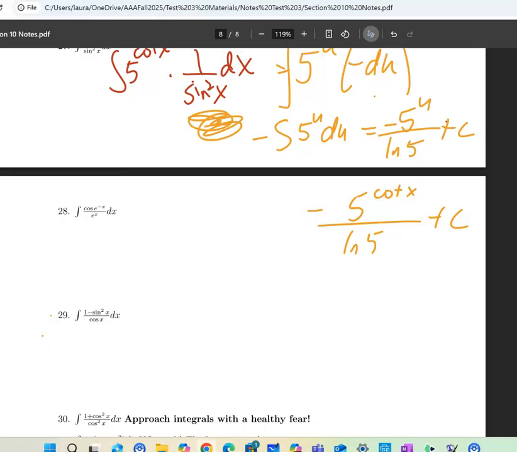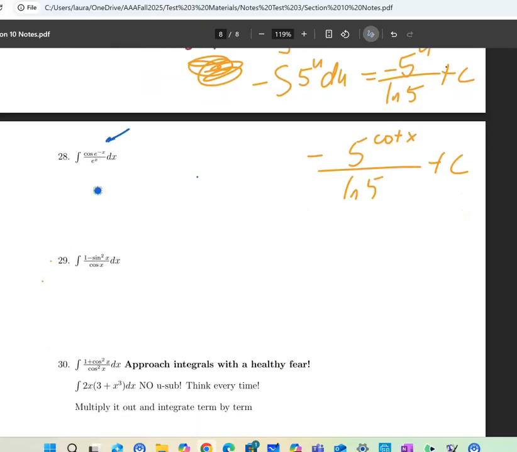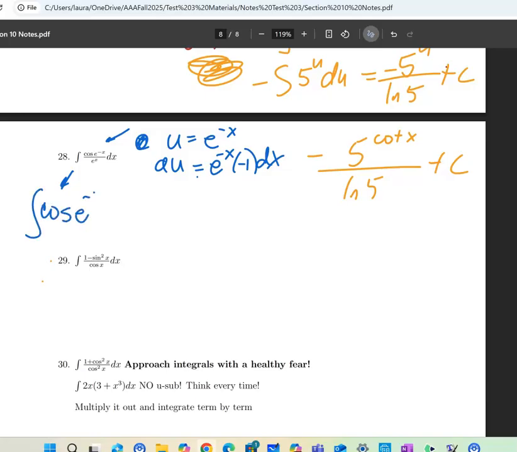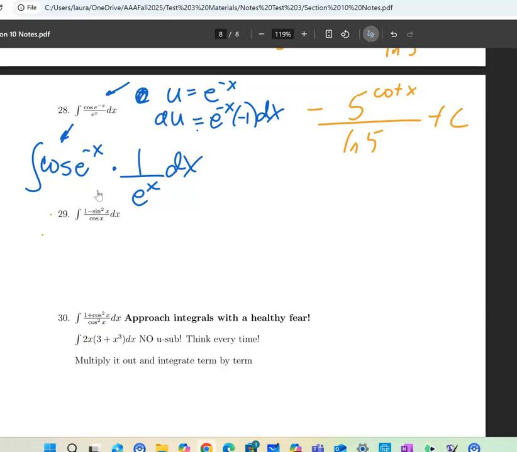Let's look at this one. So I'm going to let u equal the inside of the cosine function. So du, chain rule, right? dx. Okay. So this is the same thing as saying cosine of e to the negative x times 1 over e to the x dx. Okay, so then I'm going to put the u in, so I get cosine of u